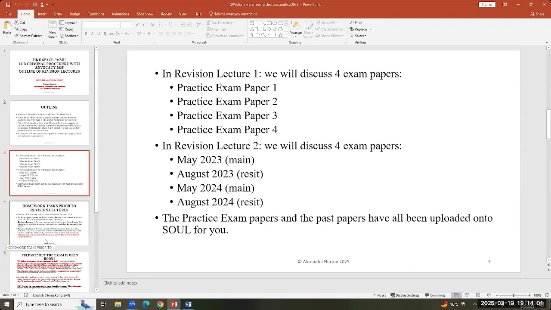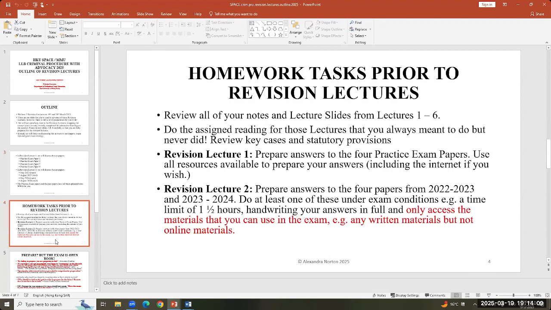But I will do that for the evidence law lectures because it's been so long since we touched on the topic of the evidence law. Okay, so hopefully you have done some preparation in advance. Otherwise, the speed at which we race through these practice exam papers tonight, you're going to find it very difficult